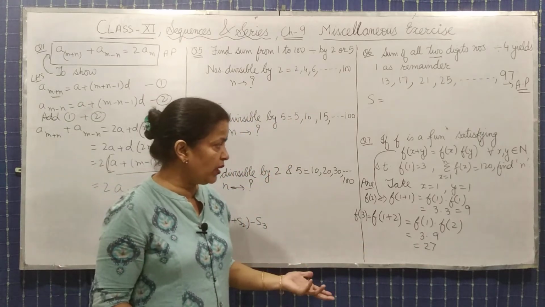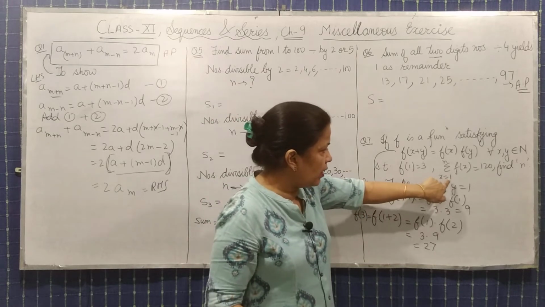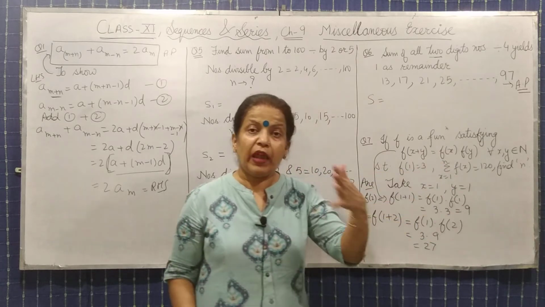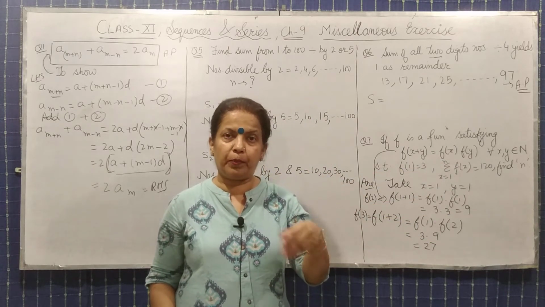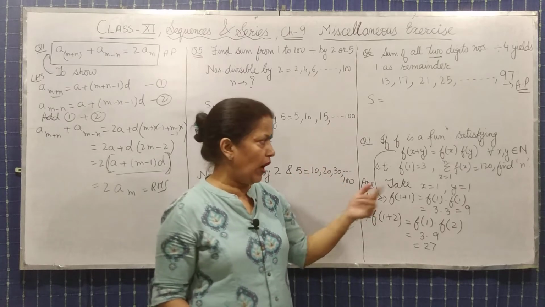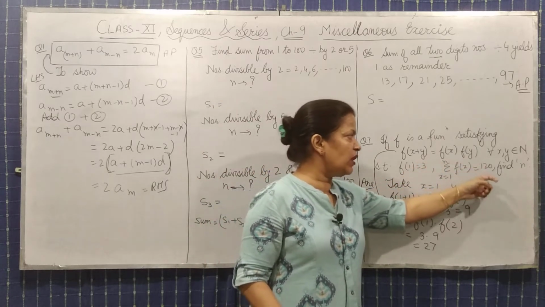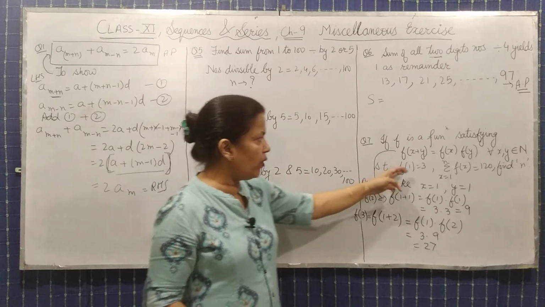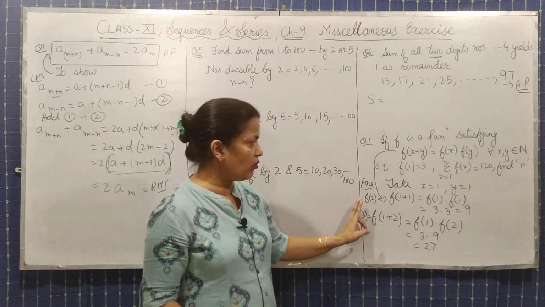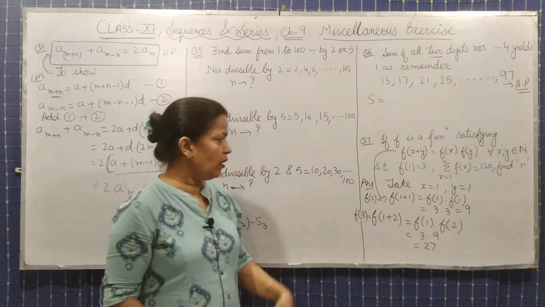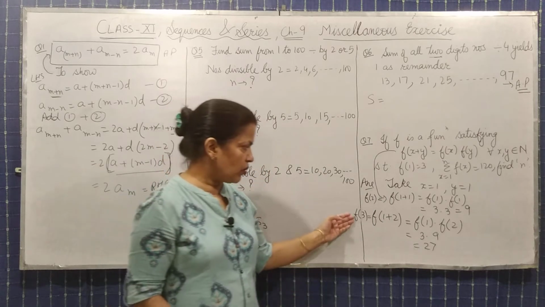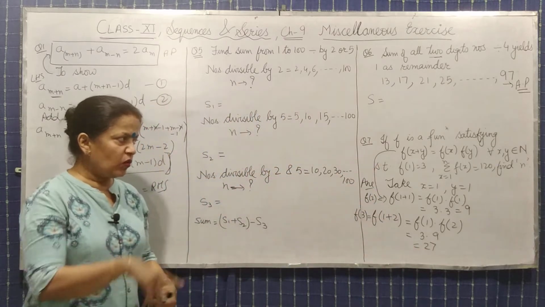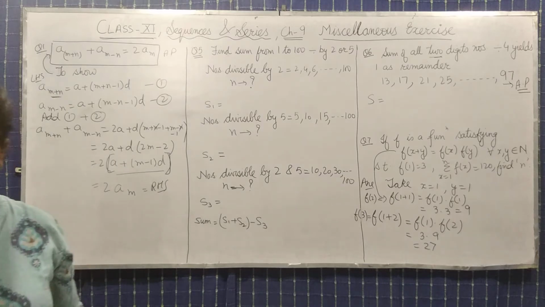Why we are doing it like this? देखो क्वेश्चन में क्या लिखा हुआ है? Here it is given summation of f(x) from 1 to n. Means f(1) plus f(2) plus f(3) plus f(4) up to n. इसका sum दिया हुआ है 120. So we have to find out f(1), then f(2). f(1) is already there. Then we have to find out f(2). f(2) we have taken it as 9. Then we have to find out f(3). So f(3) we have got as 27. Like this we will go further. Okay, so we will take the next number now.